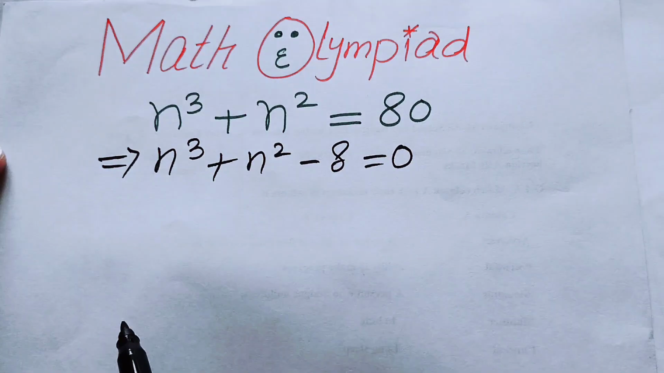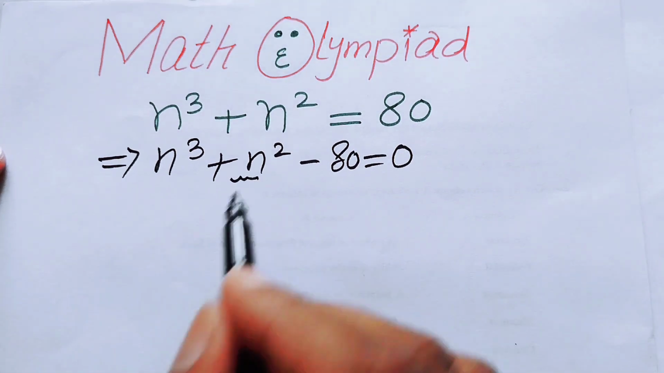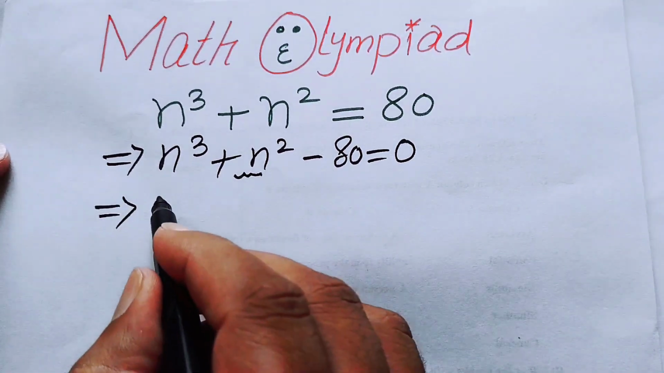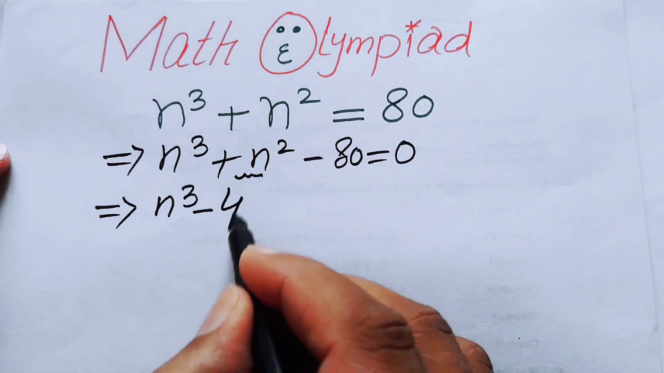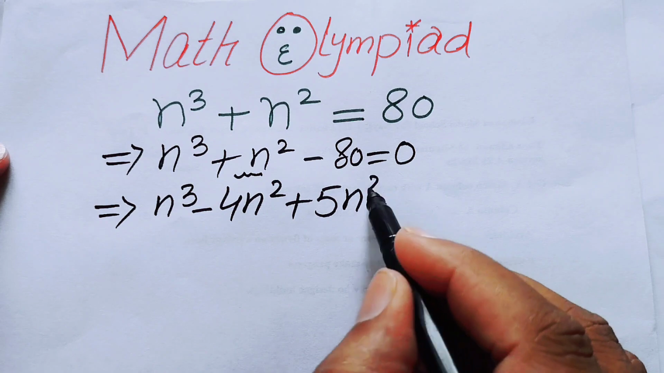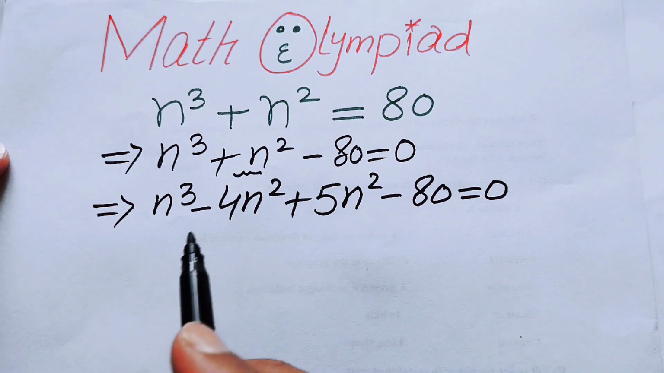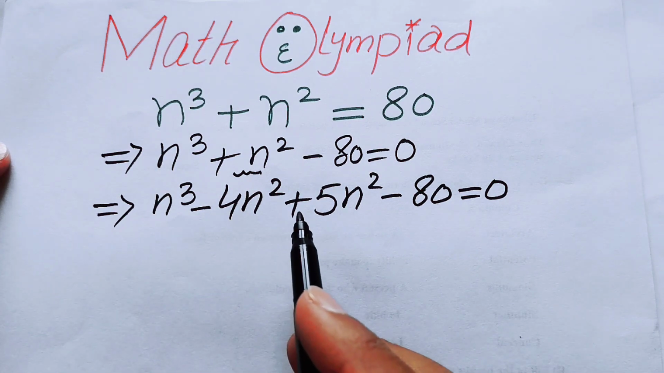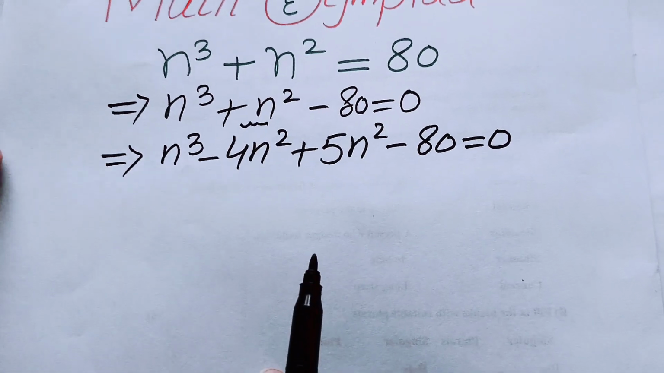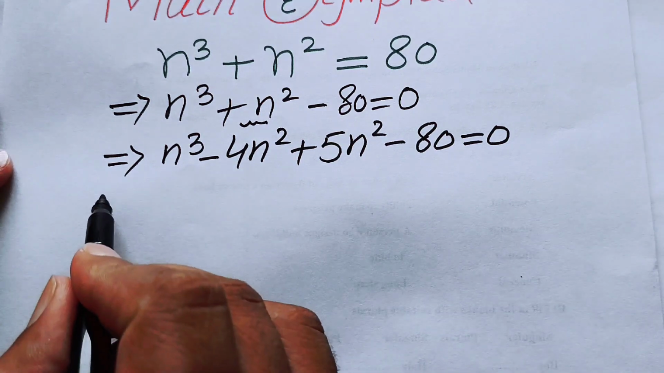And now I can break its middle term, so its middle term is plus n squared, and I can write it as minus 4n squared plus 5n squared minus 80 is equal to 0. And here you see that minus 4 times n squared plus 5 times n squared will be equal to plus n squared. So now in the next step we will make the factors of this equation